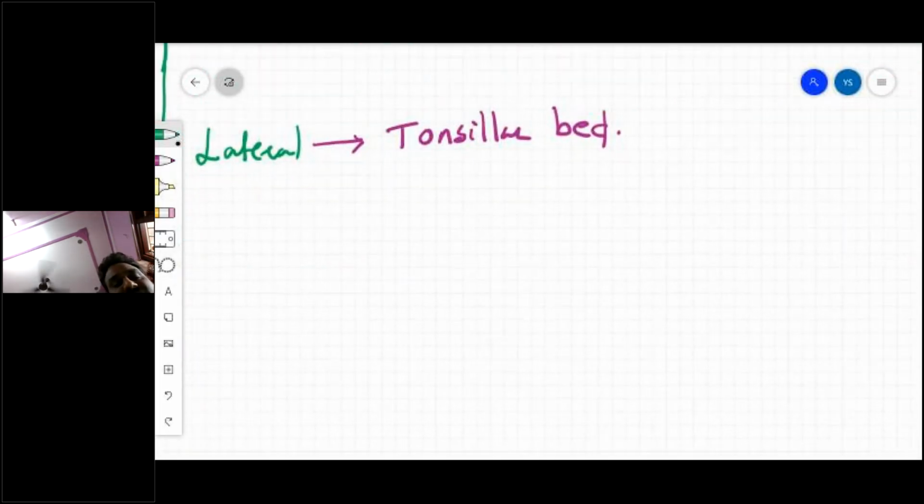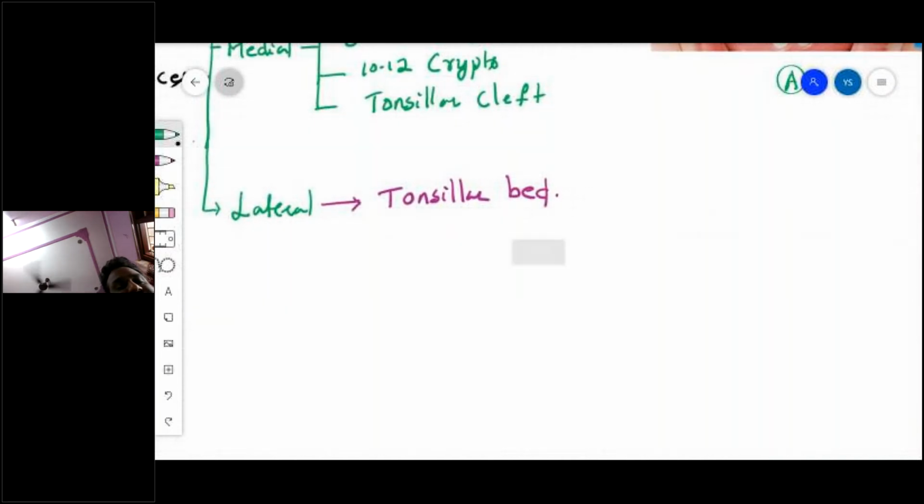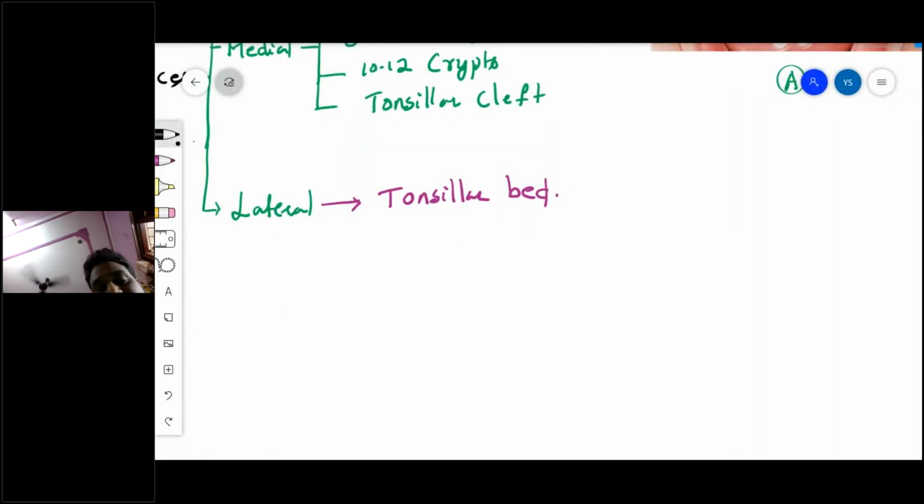Same thing we write here. The lateral surface is related to the tonsillar bed. Then what structures are forming the tonsillar bed here? First one, capsule of the tonsil. Very good. Second one, paratonsillar vein, areolar tissue. Number three,